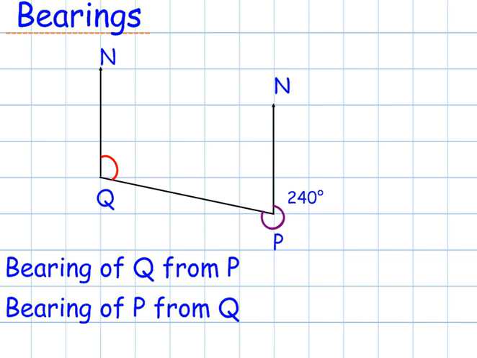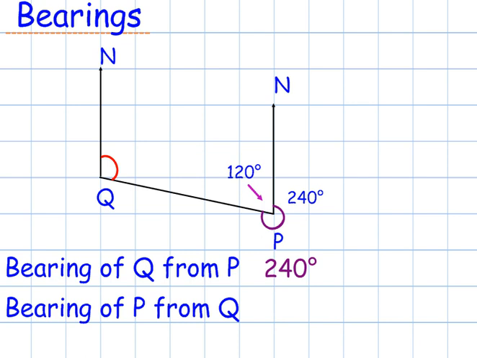In the next example, we're given one bearing and we have to find the second. So this is the bearing from P towards Q. So bearing of Q from P is 240 degrees. Now to find the bearing of P from Q, we first need to find this missing angle. This is a full turn, so it needs to add up to 360. So I know the missing angle will be 360, take away 240, which will give me a missing angle of